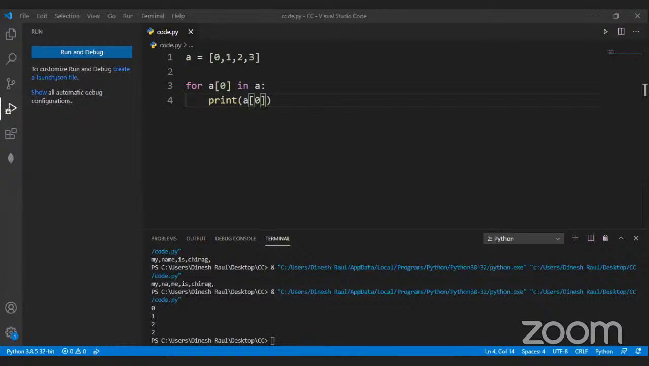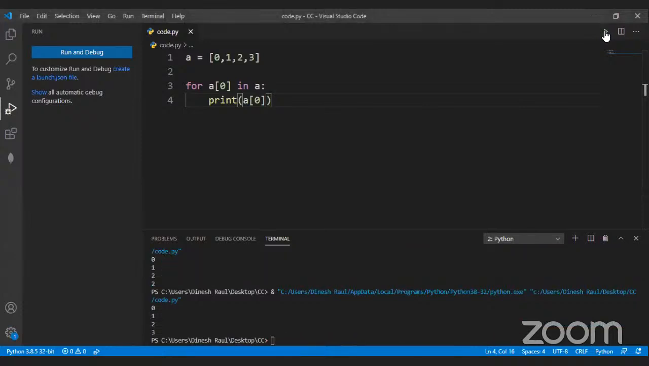Namrata Salvi on Zoom, 0, 1, 2, 3. Okay, Sukanya Vaidya, 0, 1, 2, 3. Okay, Abhishek Gupta is giving the answer that it is 0. Chalo, we will see. It's 0, 1, 2, 3. Okay, guys, see what